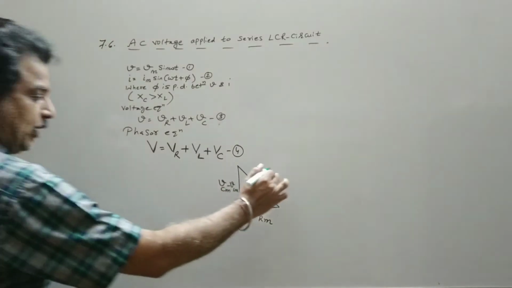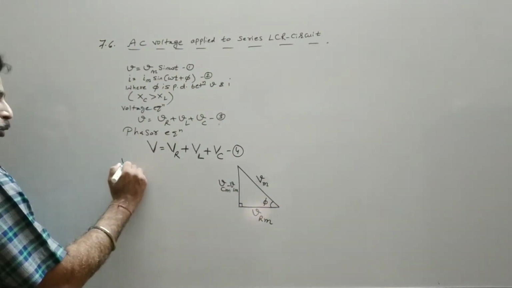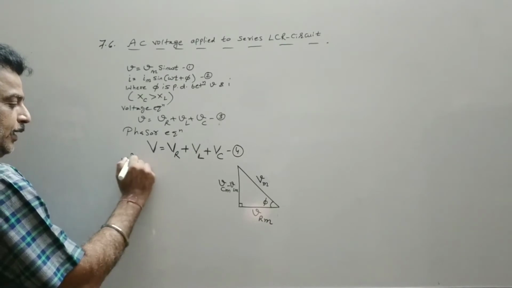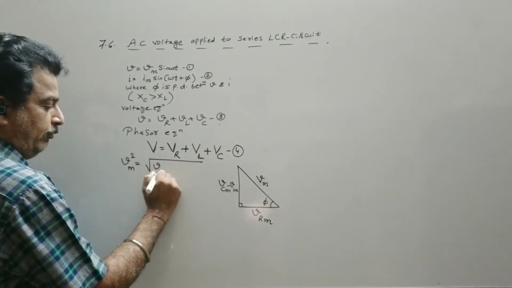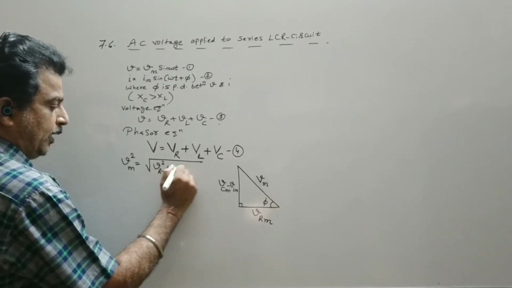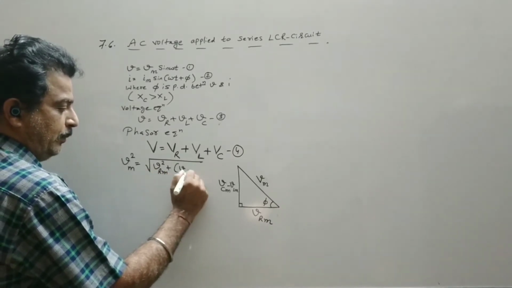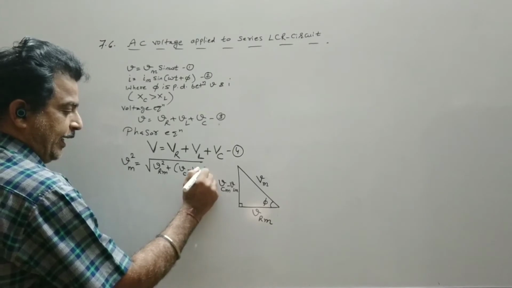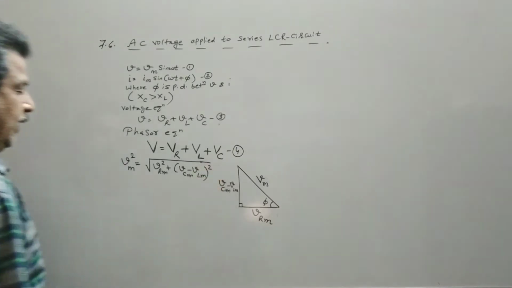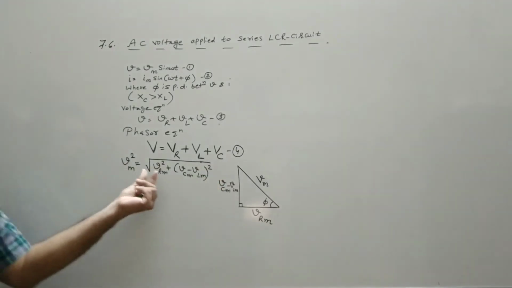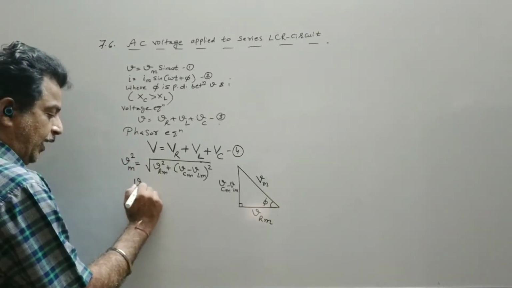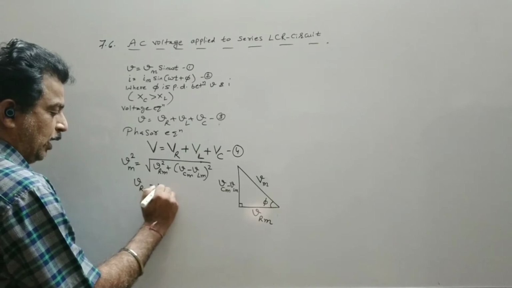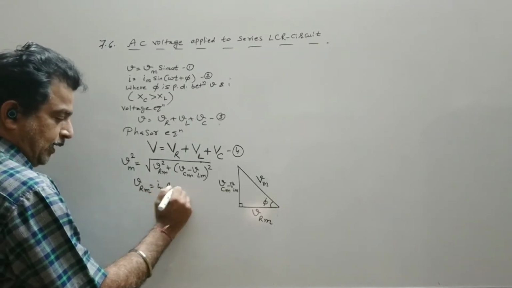From the Pythagoras theorem we found that Vm is equal to the square root of VRM square plus (VCM minus VLM) square, and then we substituted the individual values of the current, where VRM was equal to IMR,